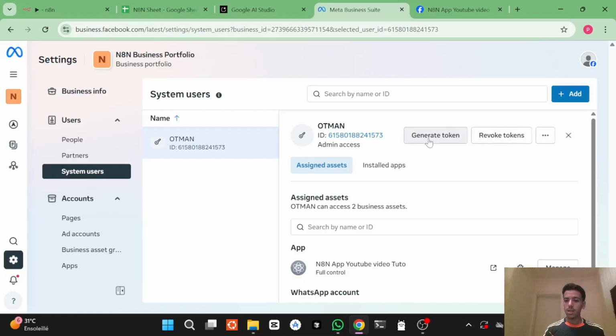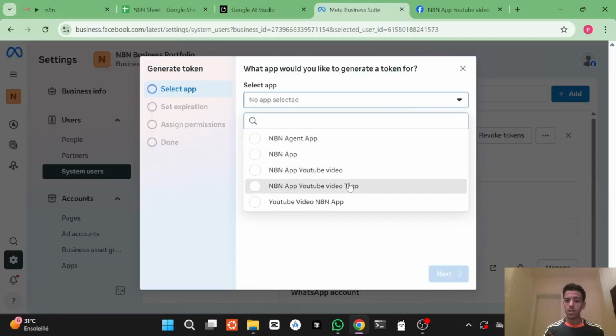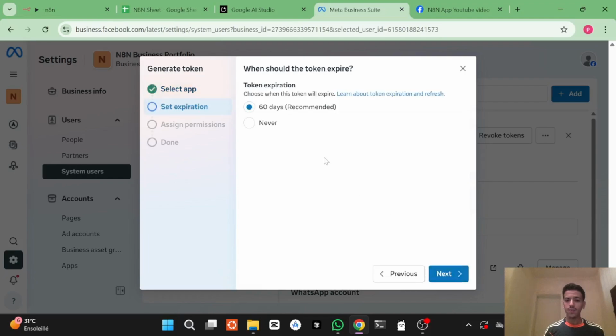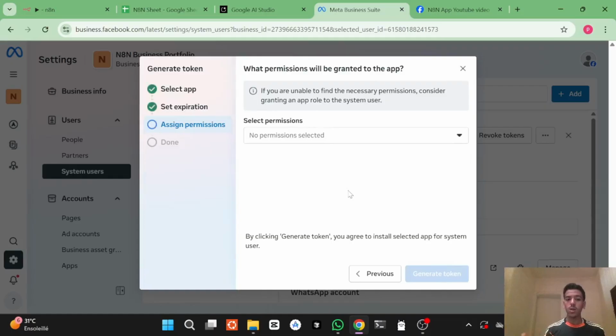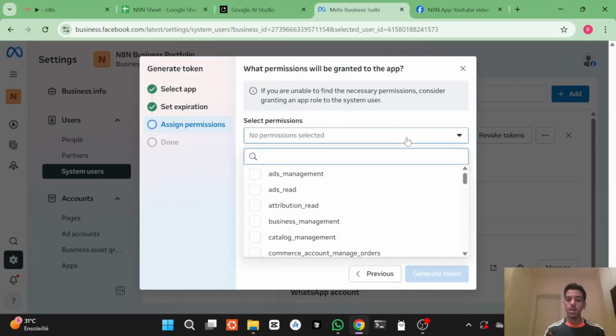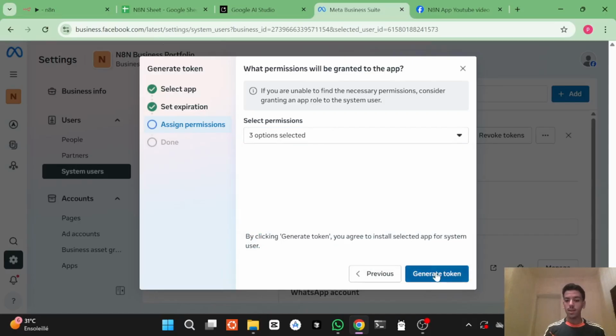Next you are going to generate the token, and select the app, which is YouTube video tutorial. Click next, and here you can choose the expiration date. Either you can choose 60 days or never, but it is recommended to say 60 days. Click next, and here is where this token will be assigned permissions. Just click on permission, scroll down, and make sure you choose WhatsApp Business Manager event, WhatsApp Business Management, and messaging. This enables the token to send messages through the N8N. Click generate token,